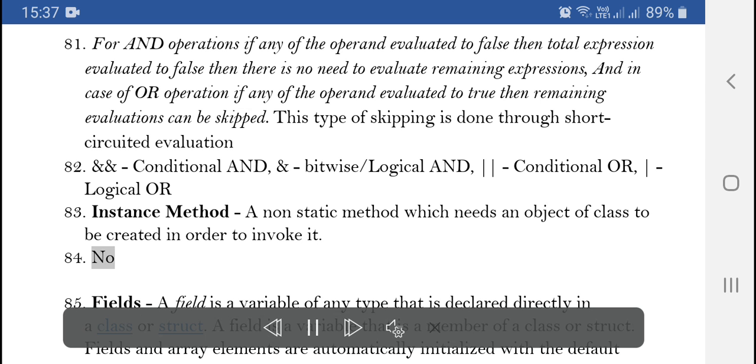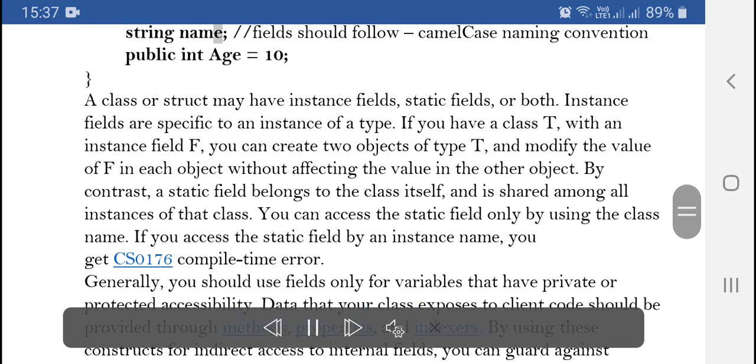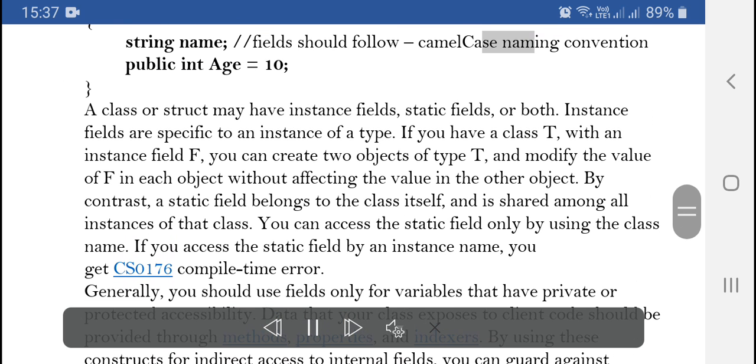Fields. A field is a variable of any type that is declared directly in a class or struct. A field is a variable that is a member of a class or struct. Fields and array elements are automatically initialized with the default values for their type at runtime, if not initialized explicitly. For example, class Octopus { string name; // fields should follow camel case naming convention; public int age = 10; }